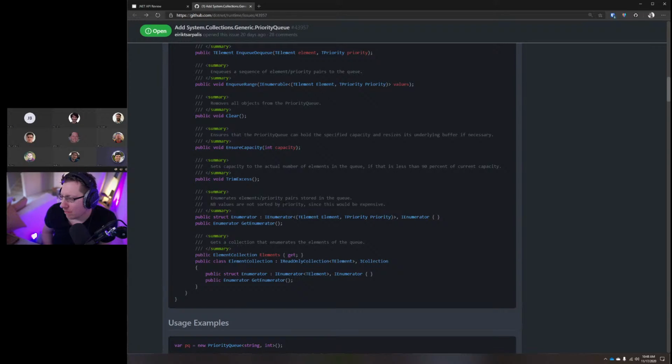That's an excellent question. This is by no means guaranteed. So when you actually enumerate through the priority queue, you will get the elements in the order as stored in the heap, and therefore it would not be sorted by priority. Right. Yeah, I just read the comment and I was thinking.